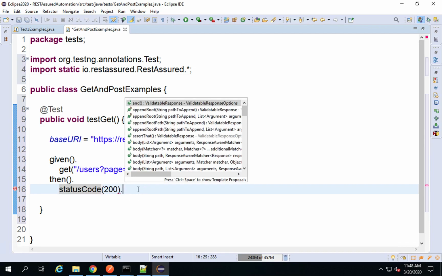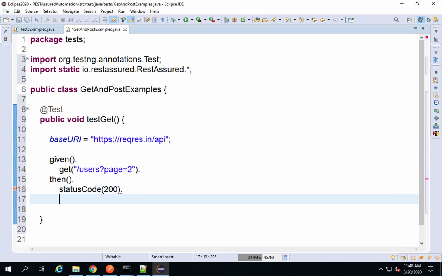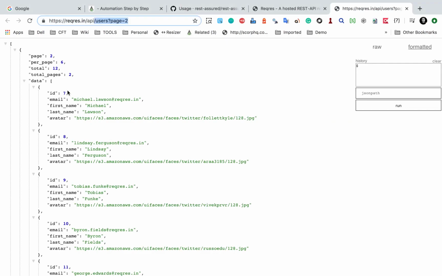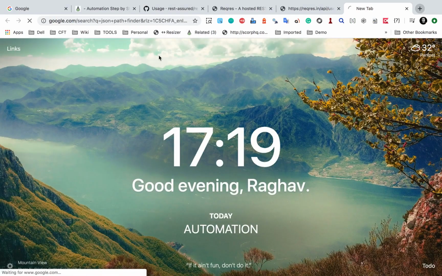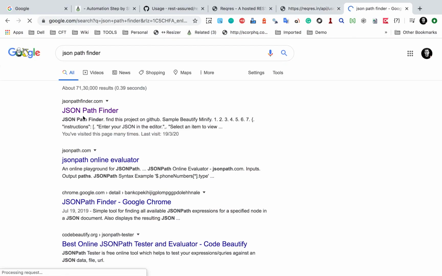Now I can also say body, and I can give the location of some particular parameter. For example, if I want to check the first name here, so this is data and index 0 first name. I have already shown you in the last session. You can also use JSON Path Finder to get the JSON path. So for this particular API,